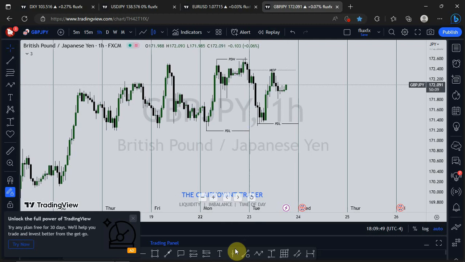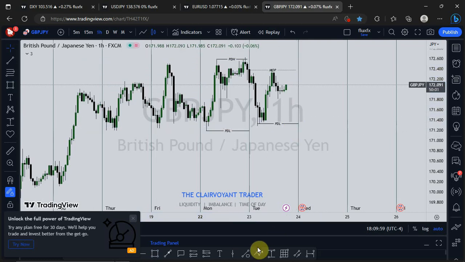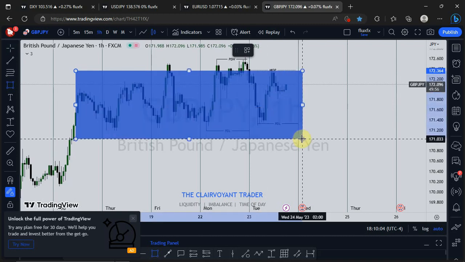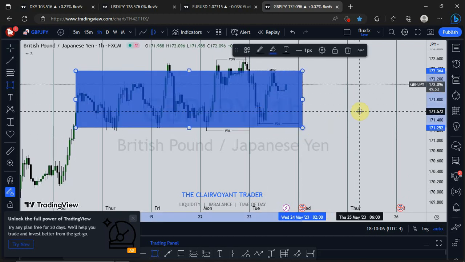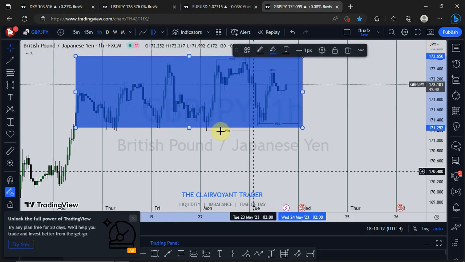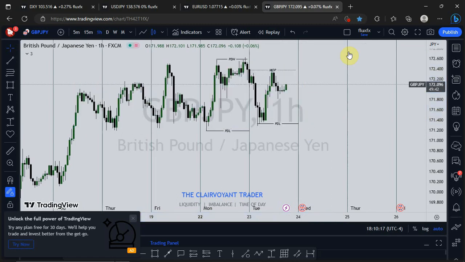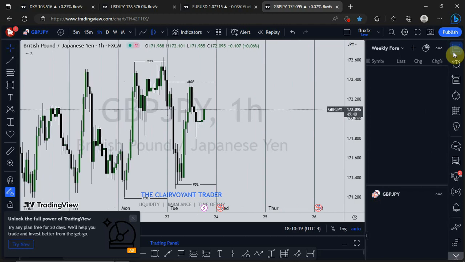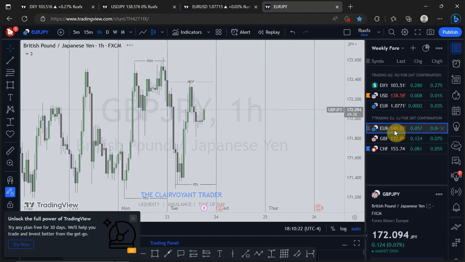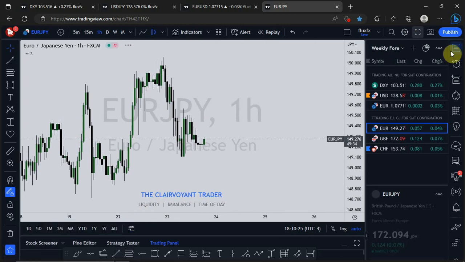But if you look at the bigger picture, realize that GBPJPY is in a consolidation phase. It has been in a consolidation phase for quite some time now, because so far as this price action is concerned, I don't see a very clear direction in the market. So on GBPJPY, I'm really quiet for now. The only pair I'm interested in is EURJPY. So that is just that for the midweek market outlook.